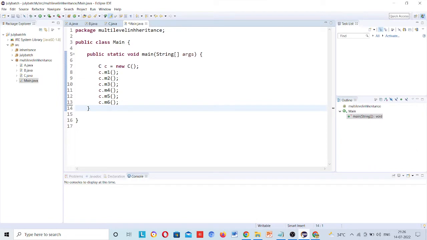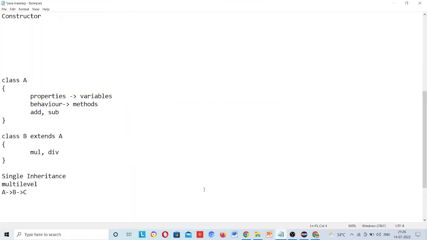Hybrid means what? A is extending B, C is also extending explicitly A, not extending B. So any class can take the properties of any class. This is hierarchical or hybrid, whatever you say. We have only two levels supported in Java, which is single level and multi-level. There is another format which is not supported in Java, multiple, which is different from single level